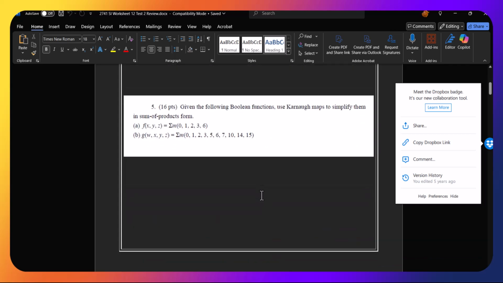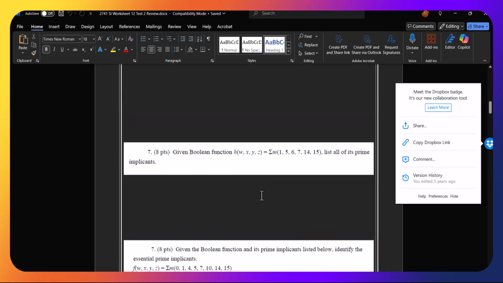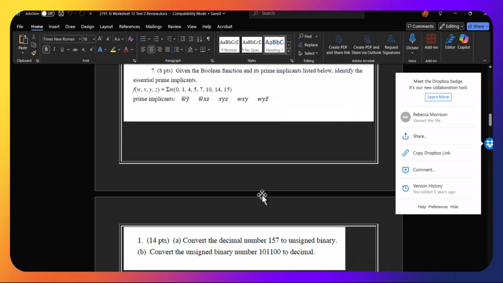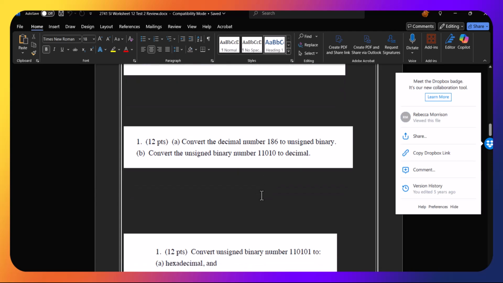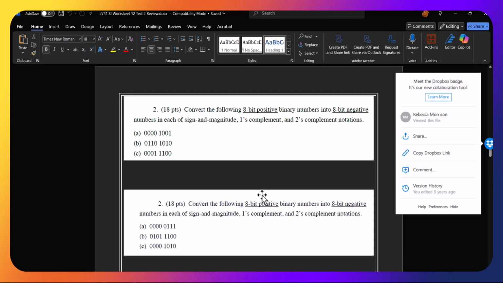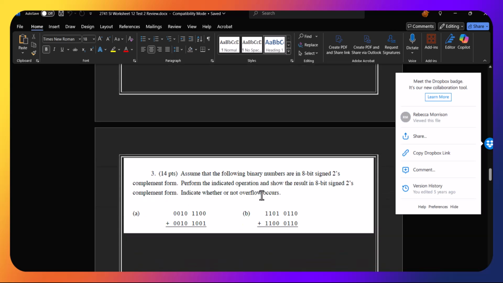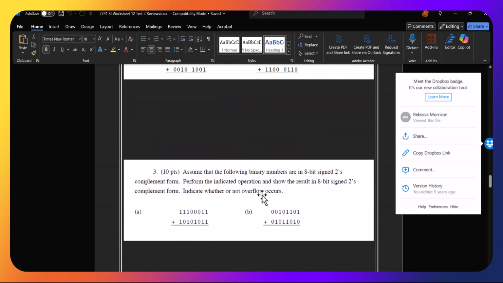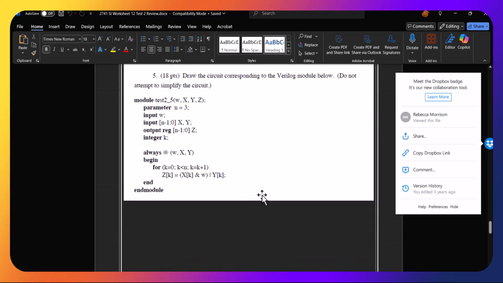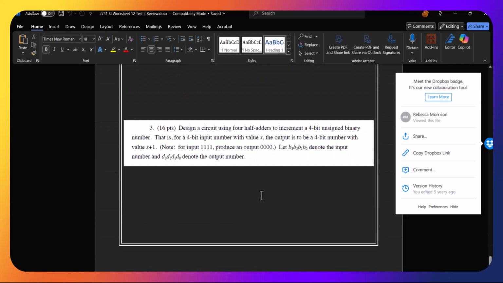So simplifying Boolean functions. Y'all have done don't cares. And so don't cares, prime implicants, listing those, listing essential prime implicants, converting to binary, converting to hexadecimal and decimal, writing sign and magnitude, one's complement and two's complement, and then also adding and seeing if overflow occurs, and then a truth table for a circuit and showing values, and then drawing a circuit based on the Verilog, and then